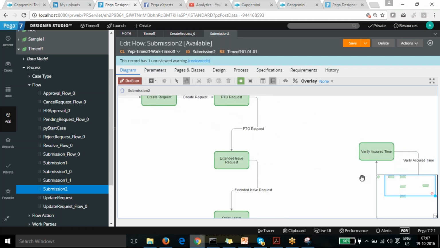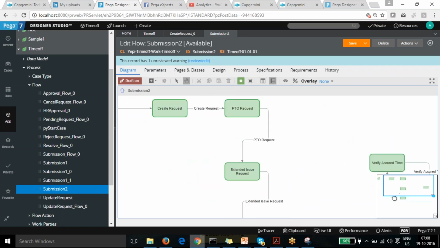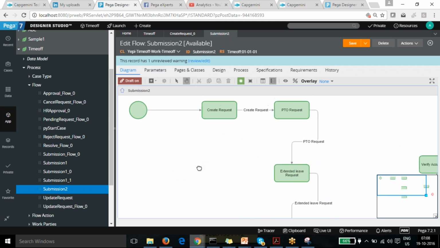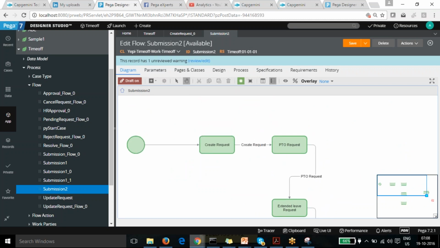So it doesn't need to be complete. So if the draft is off, then it has to be perfect. I mean, complete. Yes, that's right. Actually, when we want to go to the higher environment for system test or user environment like UAT, then we should remove the draft off and we should check that our flow is complete, and all the rules associated with that are done.